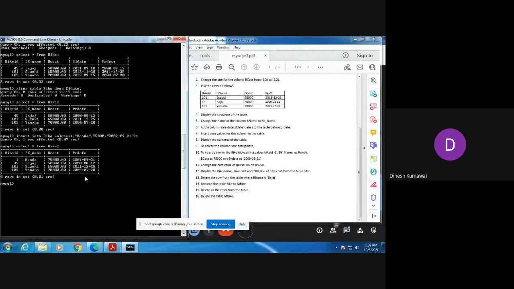What is the cost for bike ID 101? 65,000. So initially I am having 65,000. Now we need to change it to 85,000. So tell me which query we need to use for changing this value.